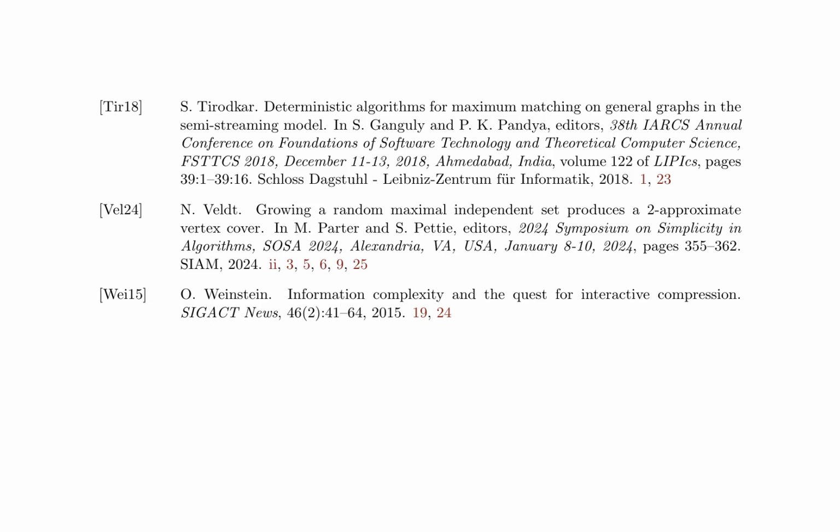Furthermore, the authors discuss unconditional pseudorandom generators for low-degree polynomials and their relevance to matching theory, as well as optimal lower bounds for distributed and streaming spanning forest computation, and randomized distributed edge coloring via an extension of the Chernoff-Hoeffding bounds. The paper concludes with deterministic algorithms for maximum matching on general graphs in the semistreaming model and the growth of a random maximal independent set, which produces a 2-approximate vertex cover. Throughout the paper, the authors provide a comprehensive overview of the current state of research in these areas, highlighting novel ideas, significant findings, and important arguments.